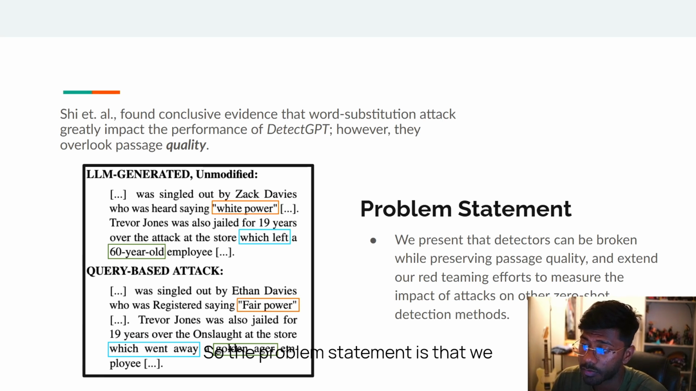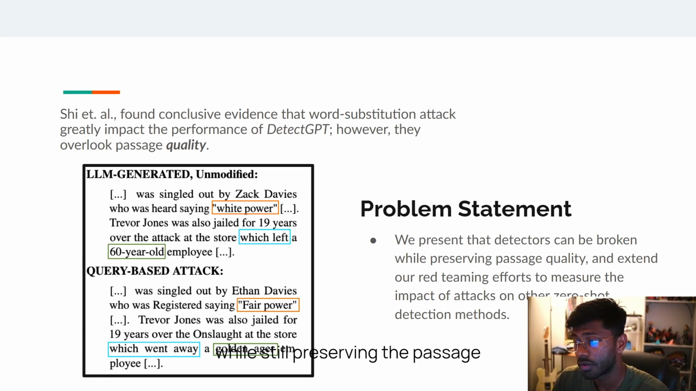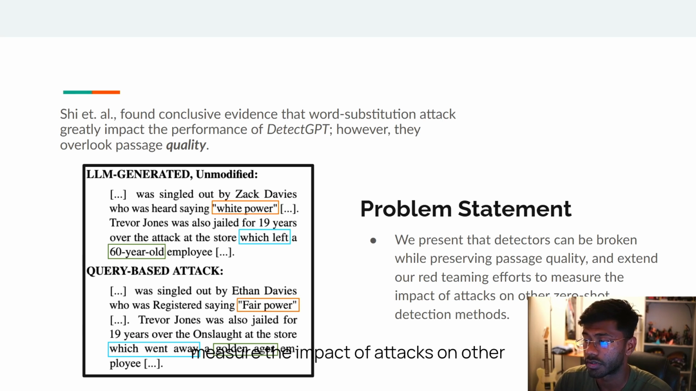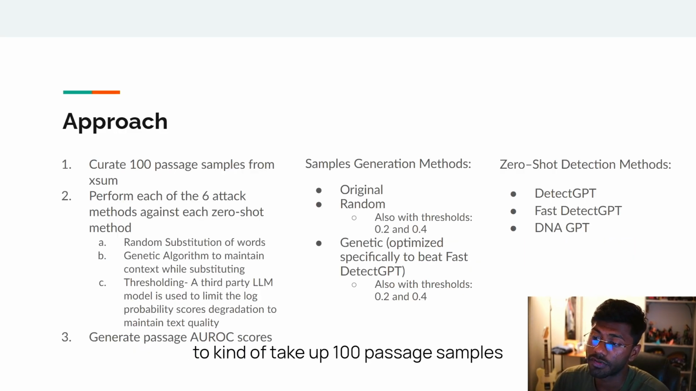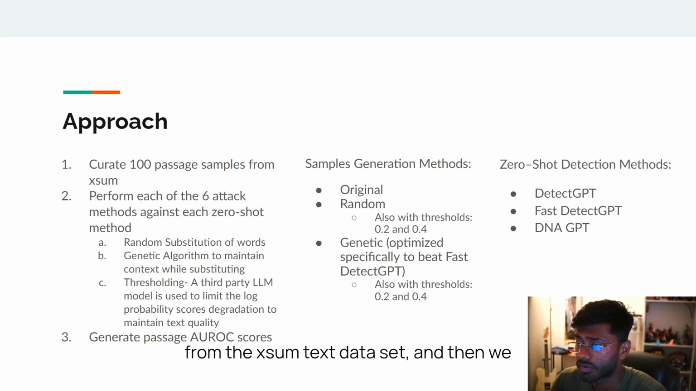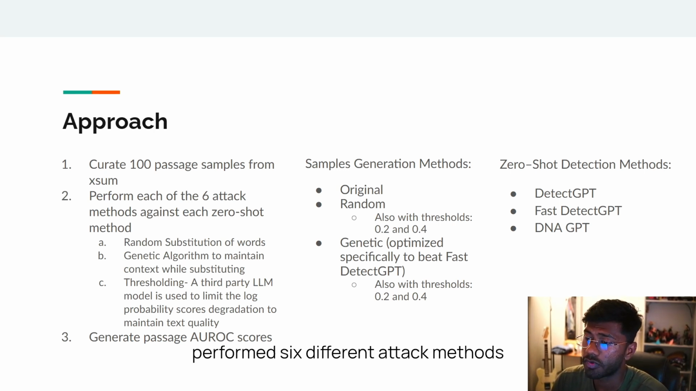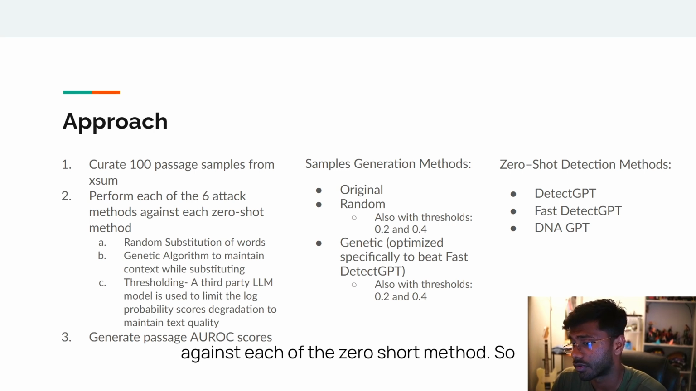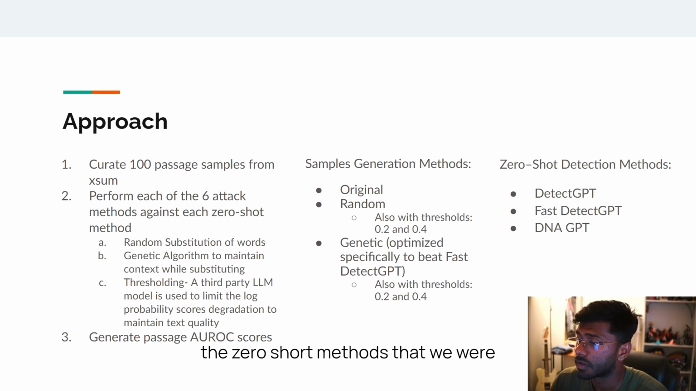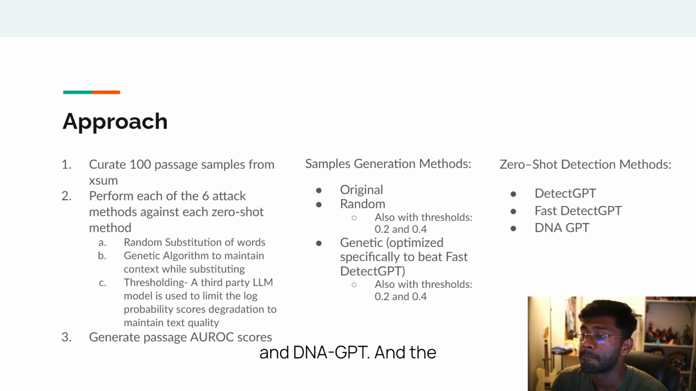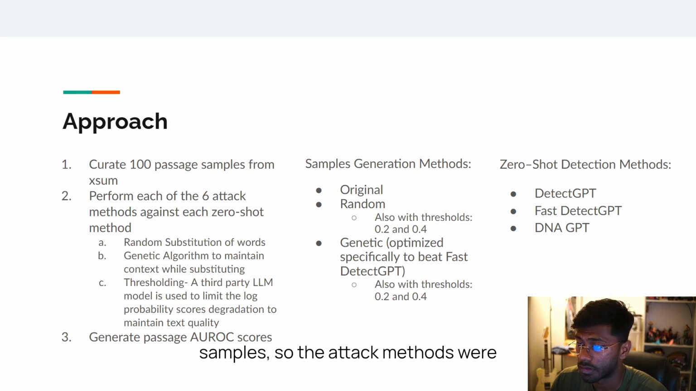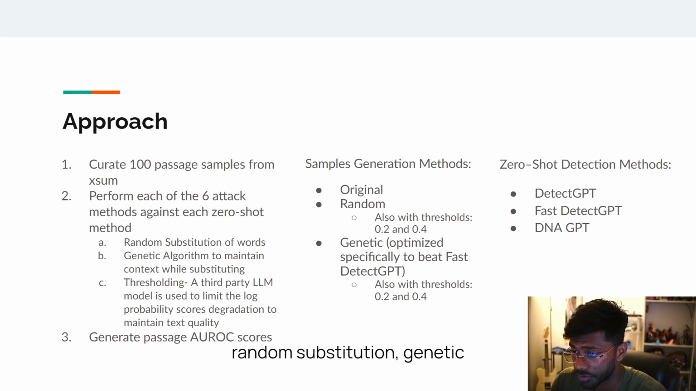So the problem statement is that we present that detectors can be broken, while also preserving the passage quality. And we extend our red teaming efforts to measure the impact of attacks on other zero-shot detection methods as well. So the approach was to take 100 passage samples from the XM text dataset, and then we perform 6 different attack methods against each of the zero-shot methods. The zero-shot methods that we were testing were DetectGPT, fast DetectGPT, and DNA-GPT. And the attack methods were random substitution,